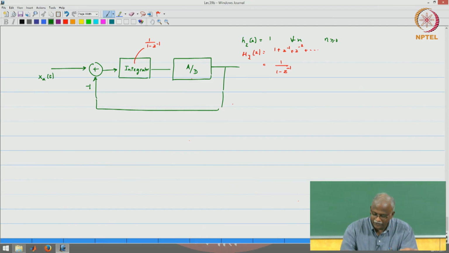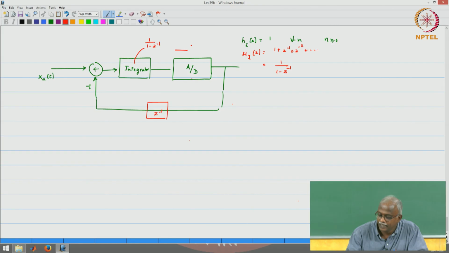Now, you may say, does this really make any difference? You differentiate it and then you are cancelling it. Look at the following aspect. If that is 1 over 1 minus z inverse, think of this as a point where the error signal comes in. So, the equivalent diagram that I want you to look at is the following: